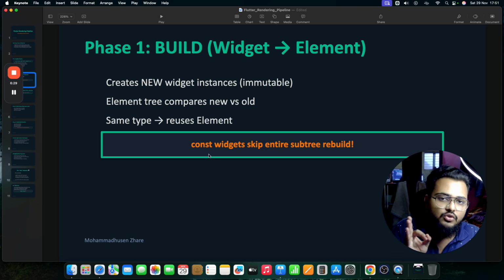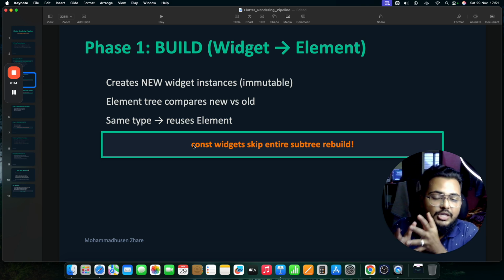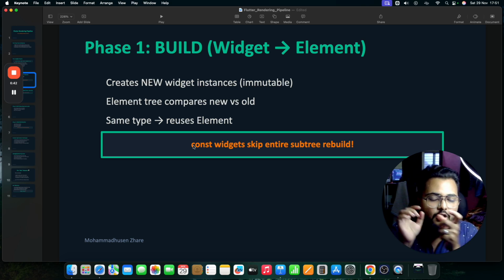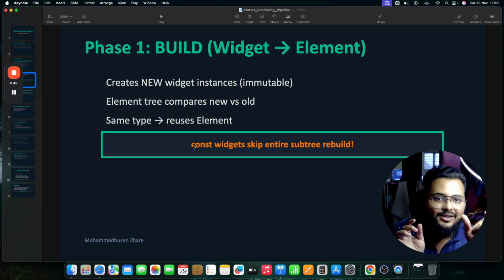So that's why developers and even your mentor suggest you must use const if that is a constant value, like const Text Muhammad Hussein, const Text enter your name. That's why we use const there.